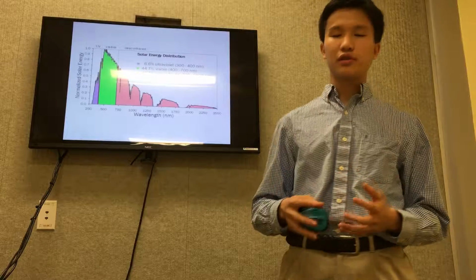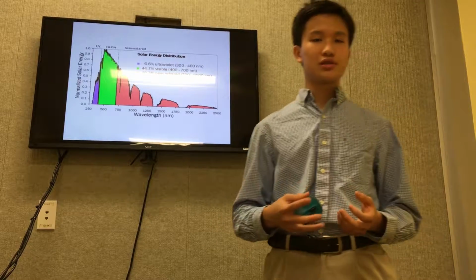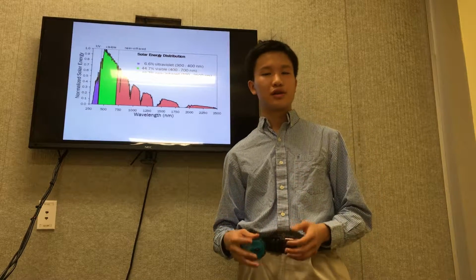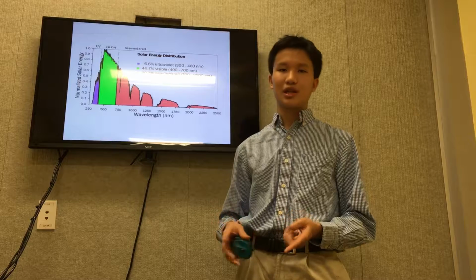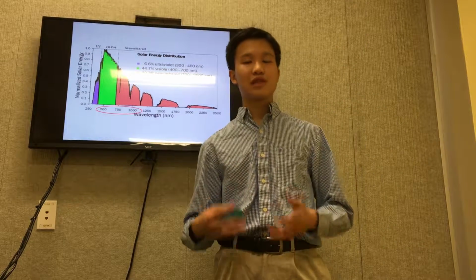The problem with current photocatalysts, though, is that they can only use a small region of the sun's energy known as the ultraviolet region. So one of the aims of my project was to create a new photocatalyst that could use the visible and infrared regions of light, and thus be a more usable solution in the real world with